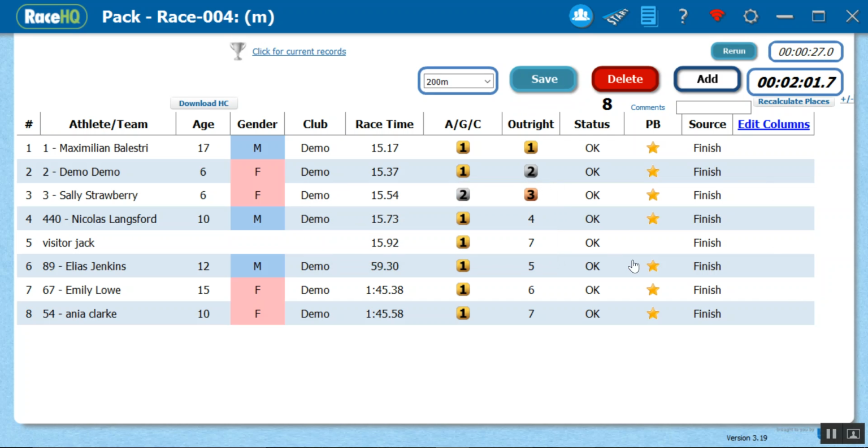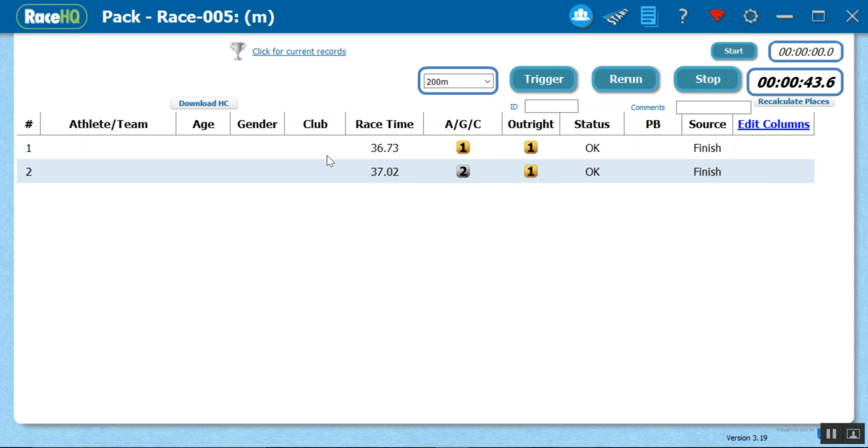At this point in time, even though I haven't saved or deleted, I can still get times for that background race. So I'm just going to hit the shift key 2 times. I've now got 2 times in the background. So when I save this race, I've now got those 2 times there waiting for me. So I can go and key in some more names or numbers. I can stop this race